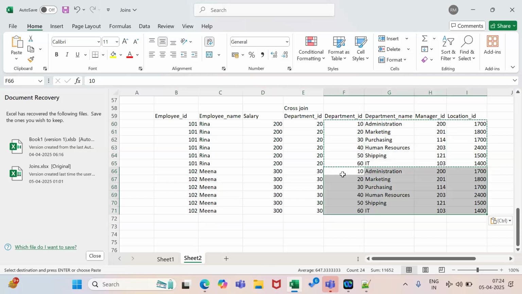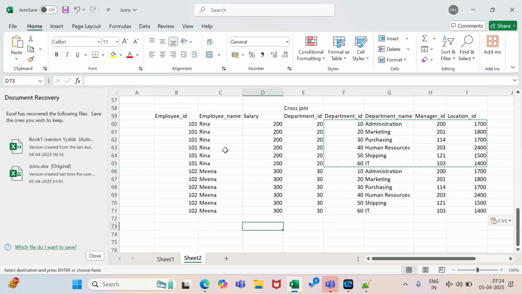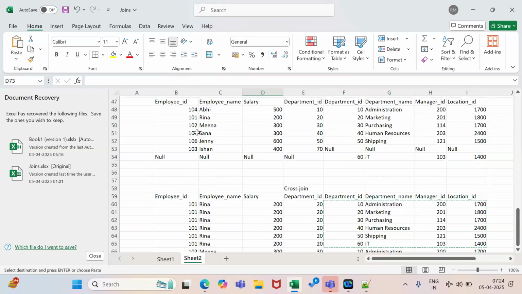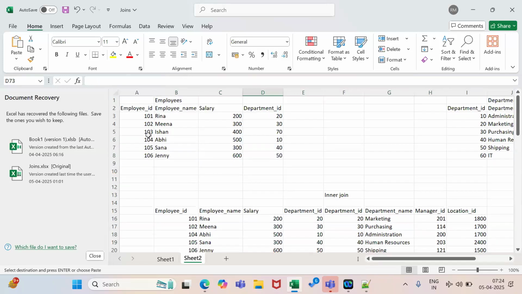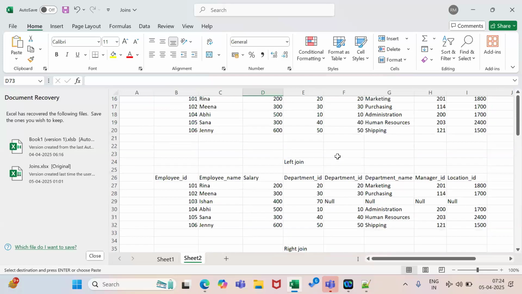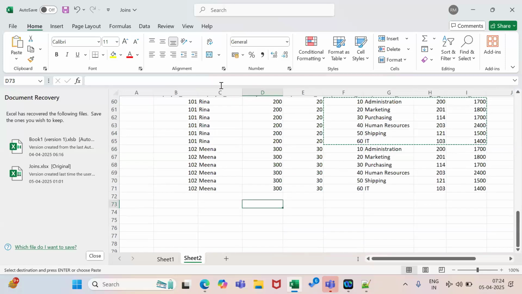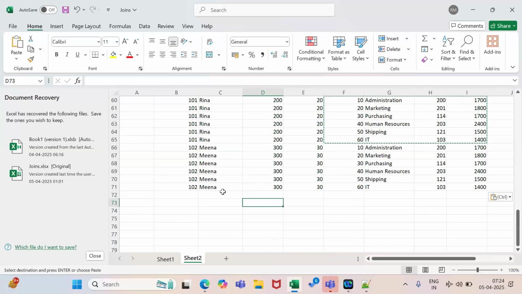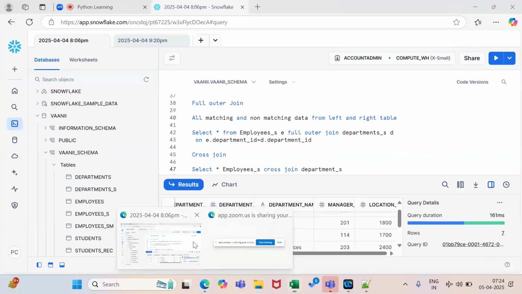Yeah, so this works like this. There are 6 rows here, and 6 rows here. For all these 6 rows, for one row you have to put data with all the rows of this one. Again for the second row, same like that. So if you do it this way, a total of 36 rows will appear. Okay, let's check from here.